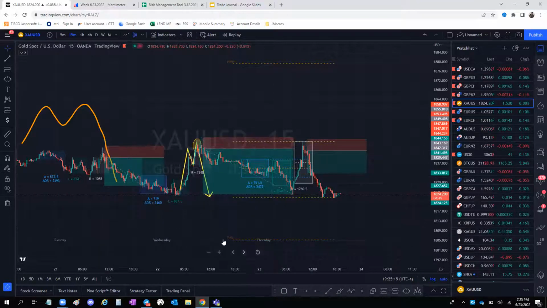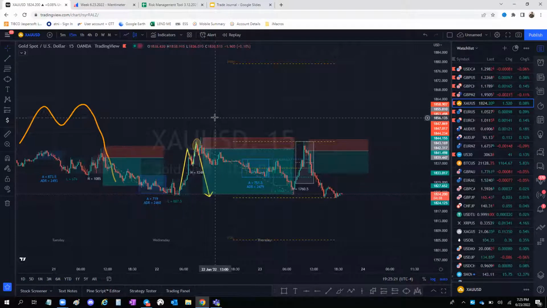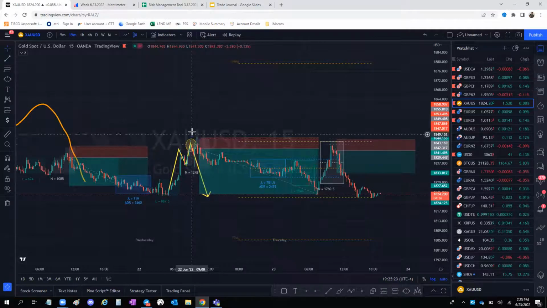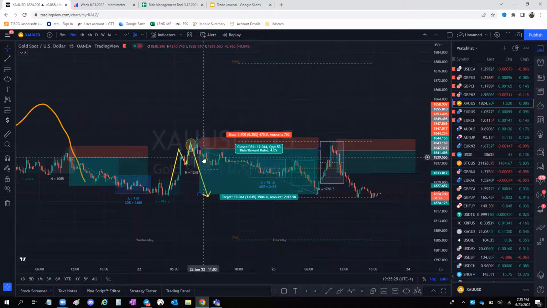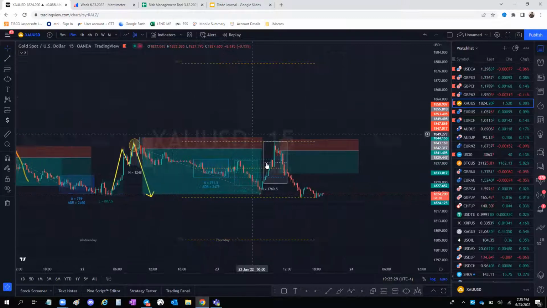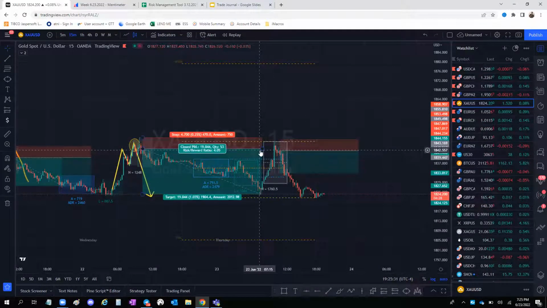Boom. On Wednesday, I got stopped out on this one because I took this as the second leg, but it actually came back and stopped me out there. Then I took another entry here, closed off. I didn't hold this one, I closed off. I didn't trade this today, but this is a good setup as well, right? And for this one,